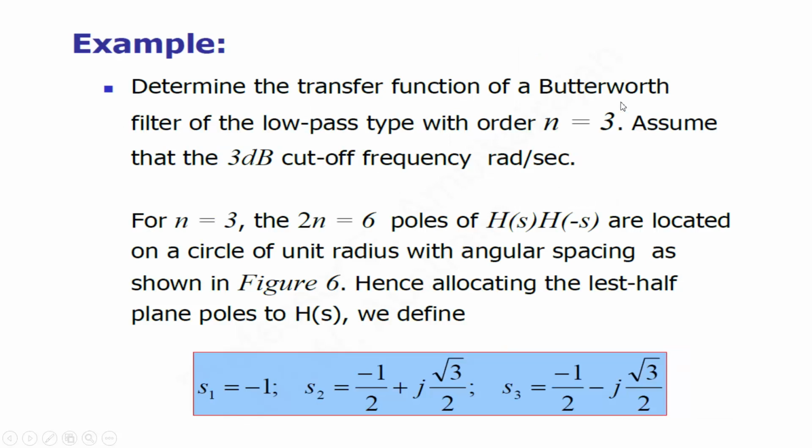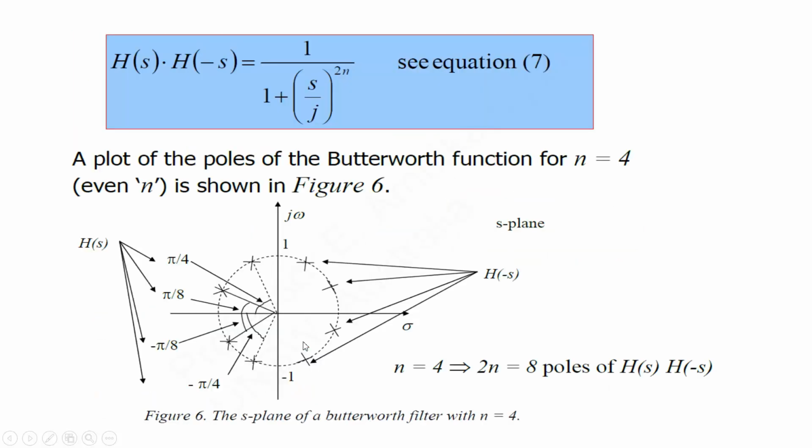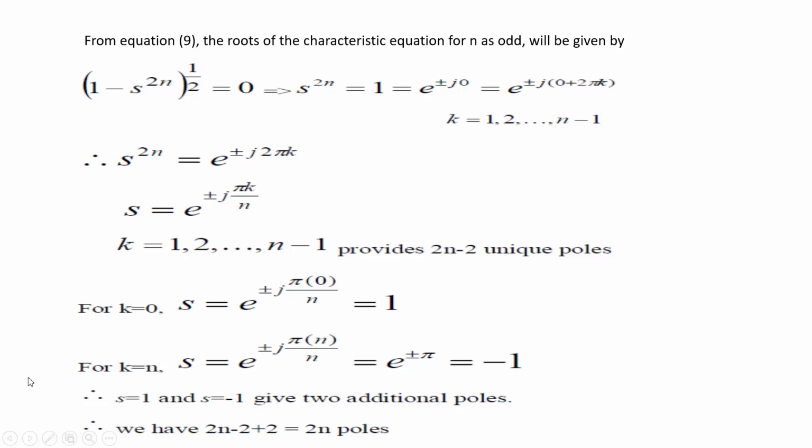Determine the transfer function of a Butterworth filter of the low pass type with order n equal to 3. Assume that the 3 dB cutoff frequency is 1 radian per second. So that means it is again normalized. We know that when n is equal to 3, the total number of poles will be 6, and we also know the equations which we will use. These are the one set of poles,